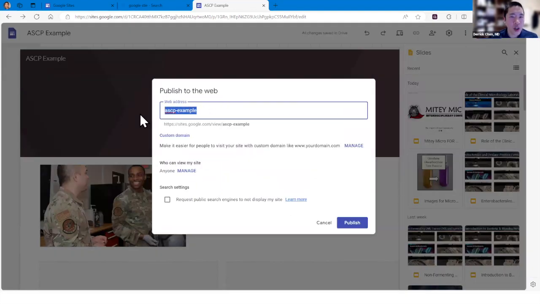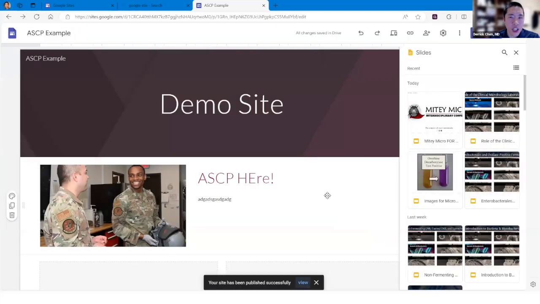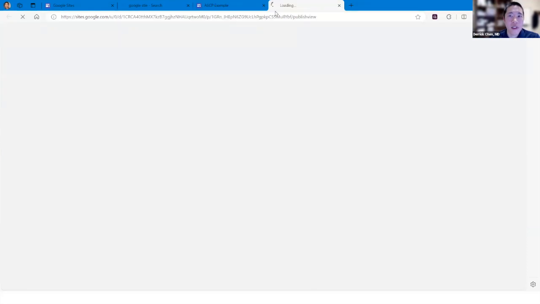You can change whatever you want the website to be, but here they defaulted it to ASCP example. So this is what the web address would be. And then I click publish. And now it's published, just like that. We have a website, and if you want to view it, I click View Published Site, and this is what